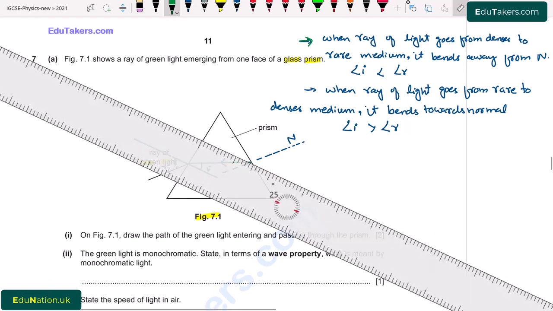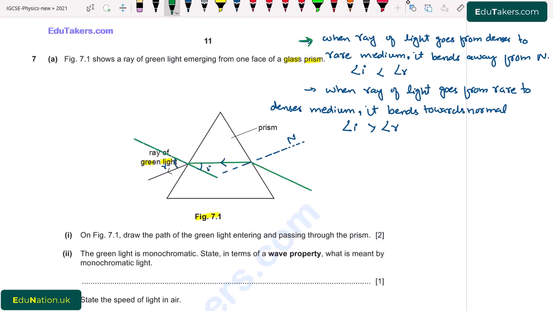So this will be the incident ray that is normal to this surface. We can see from here that this is the incident angle for this incoming ray. I write here angle of incidence, while this is the refraction angle. Here the angle of incidence is greater than the angle of refraction, so this condition is satisfied. And we know that the angle of incidence is made between the incoming ray and the normal, while the angle of refraction is made between the refracted ray and the normal.